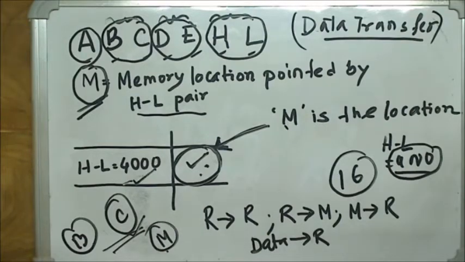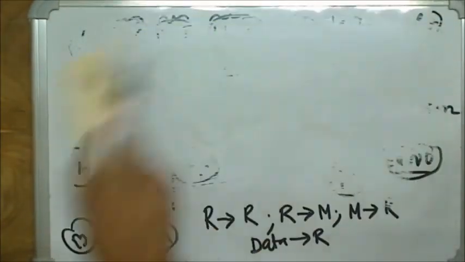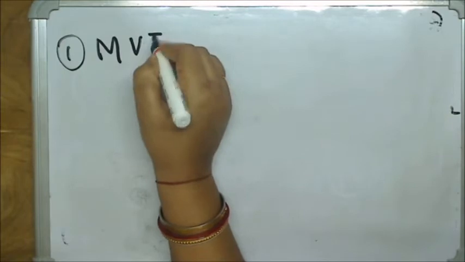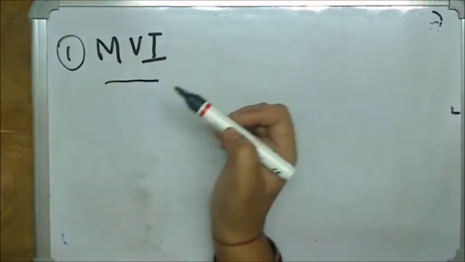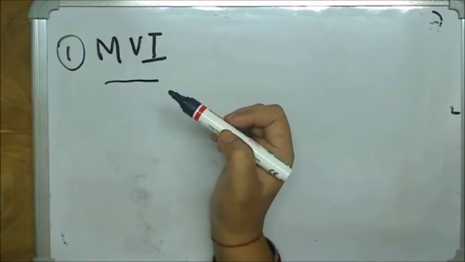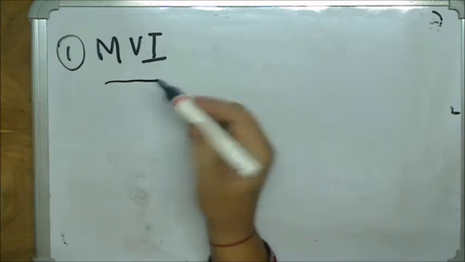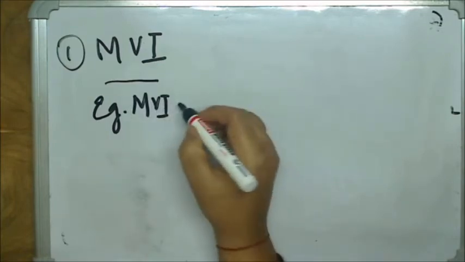Now we begin with our first instruction, which is MVI. All of us know MVI. What does MVI mean? It means move immediately. It is already discussed in addressing modes. An example of an MVI instruction is MVI B,